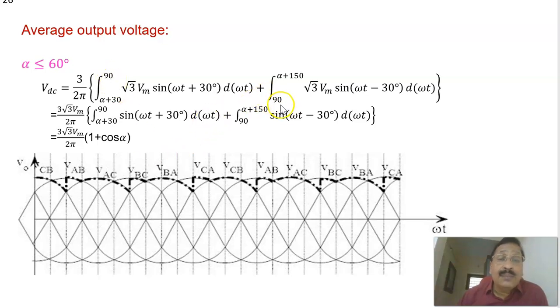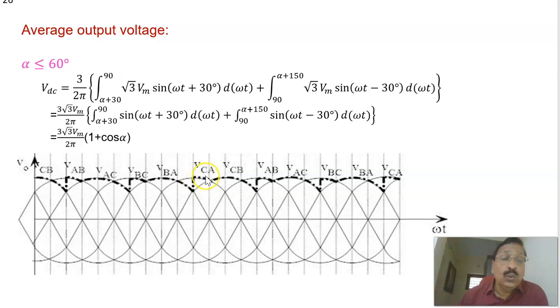Then again from 90 to alpha plus 150, again 90 plus alpha, this duration is equal to root 3 Vm sine omega t minus, of course, the minus 30 degree, because that phase depends on which phase is conducting. We can say VAC, we will be getting sine omega t minus 30, that's why minus 30 comes there. And of course, under 2 pi there will be 3 pulses,